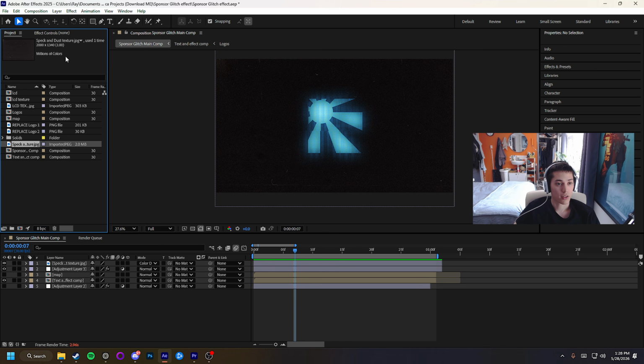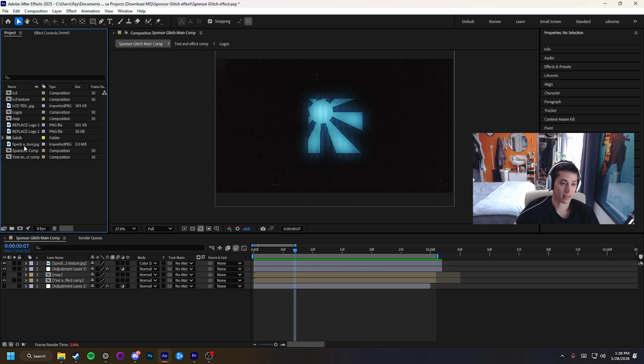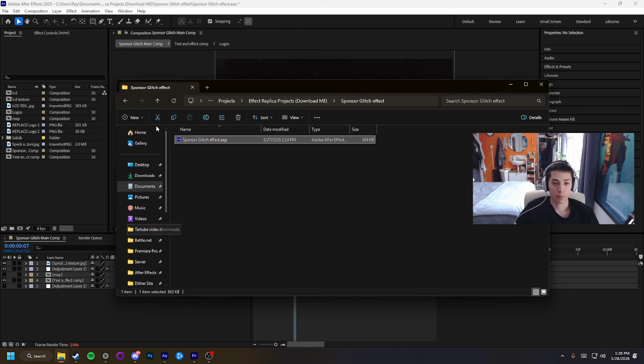All you have to do is, for example, here I clicked on speck and dust texture.jpg. You're going to do replace footage, file, click that exact speck and dust texture, and it'll automatically replace all the other files with the correct ones because it's all in the single project files